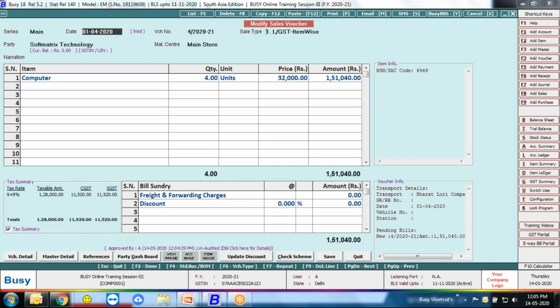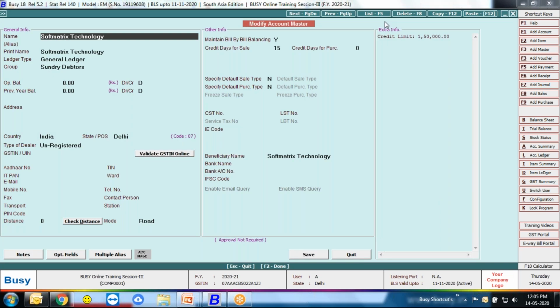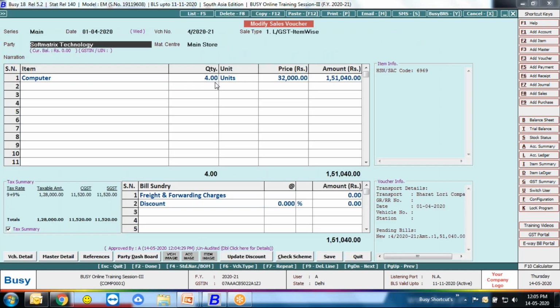Now when we create an invoice for this party, we already defined its credit limit up to 1,50,000. And now the invoice amount is 1,51,040 rupees. So what is the course of action?